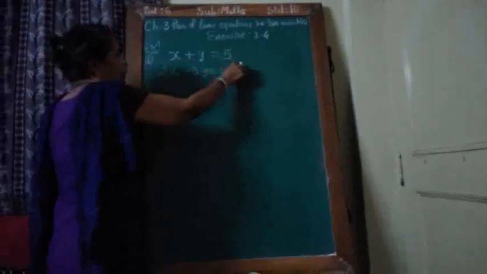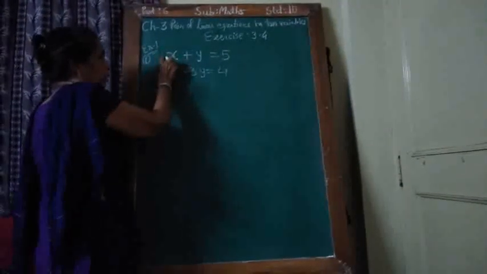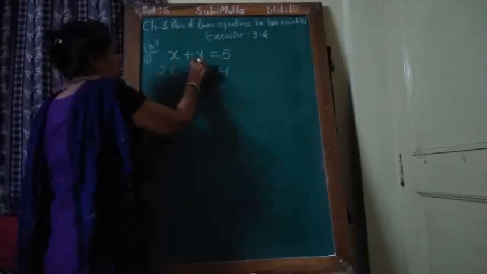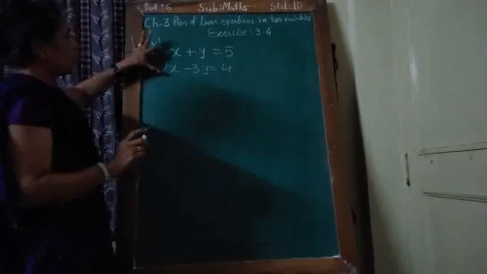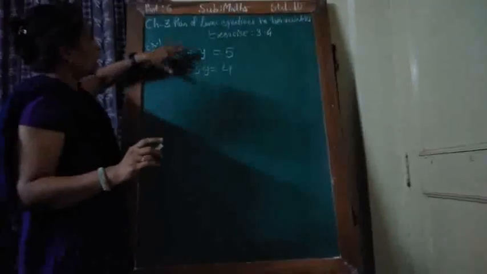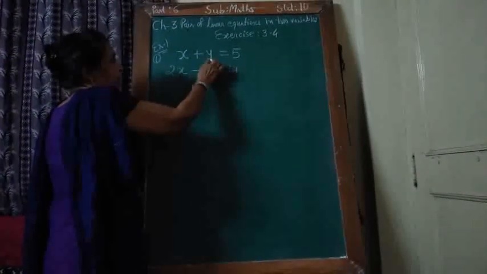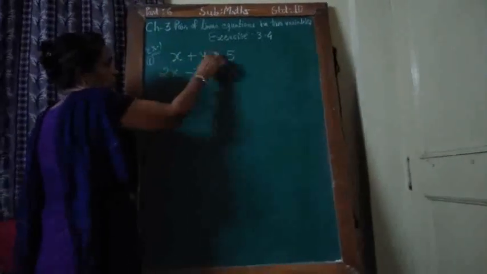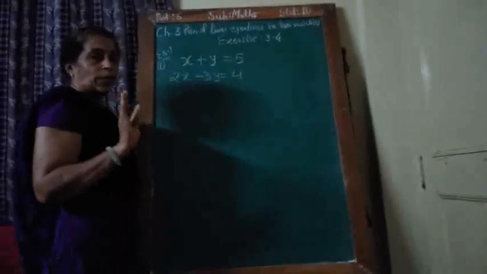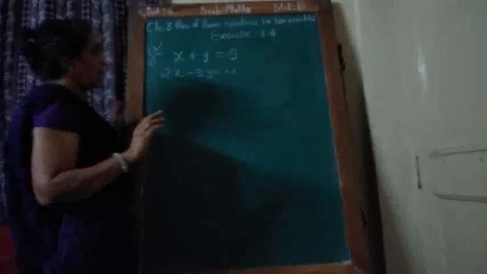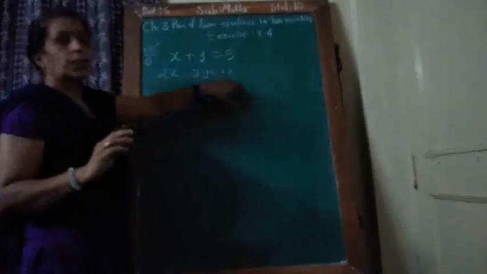So for that you may multiply equation 1 by 2, so that you get 2x plus 2y is equal to 10. Multiply all the terms by 2 so that the coefficient of x becomes the same. Or here the signs are opposite. And if you multiply the first equation by 3, all the terms by 3, then you make the coefficient of y the same with opposite sign, so here no need to change the sign.